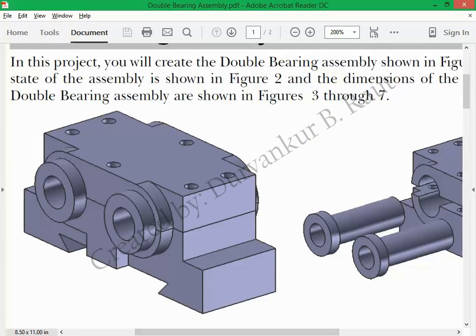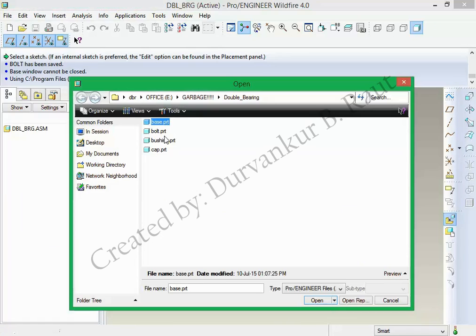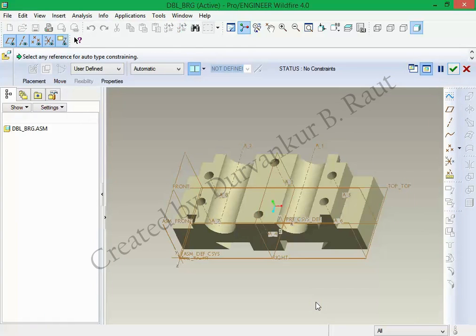So the basic part, I will assemble that first. Select base, open, and it is inside the assembly. Now here